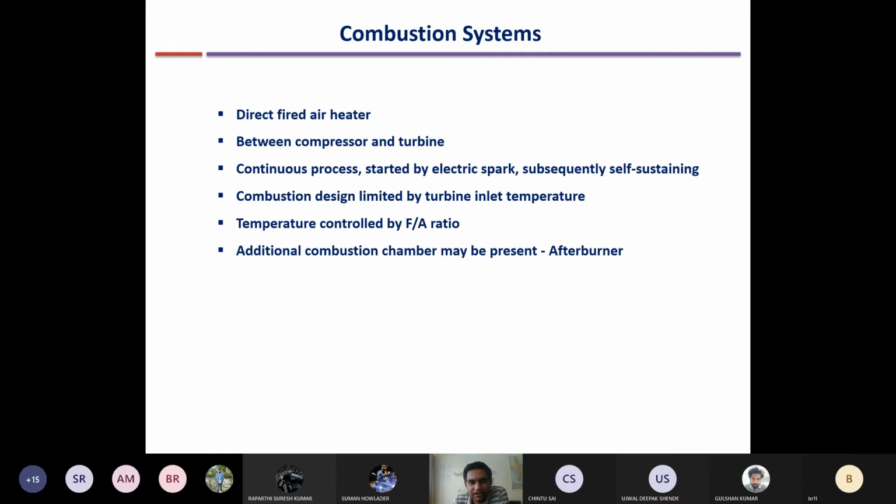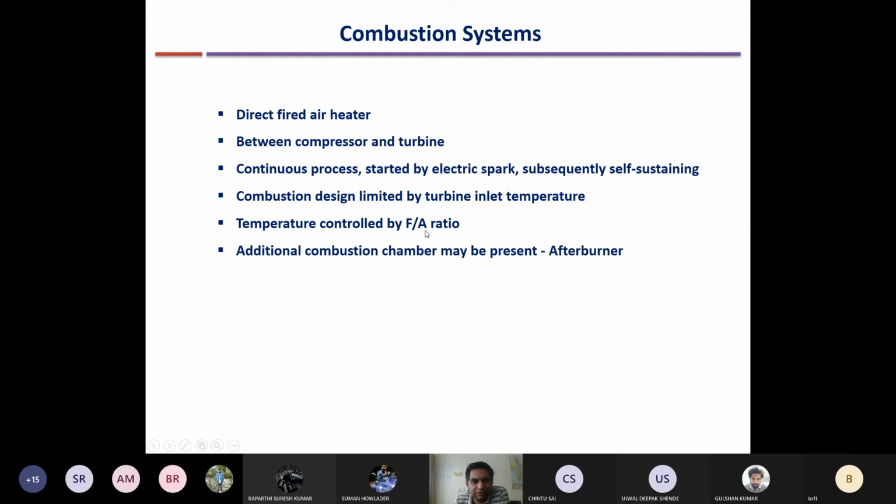They guard them very secretly and do not release the details, like what is the composition of their material. These are known as super alloys, and for the turbine blades, we will discuss that at the end of the class. It also depends on the cooling effect. Ultimately, combustion is limited by the turbine inlet temperature, and this temperature for the combustion chamber can be controlled by the fuel air ratio.